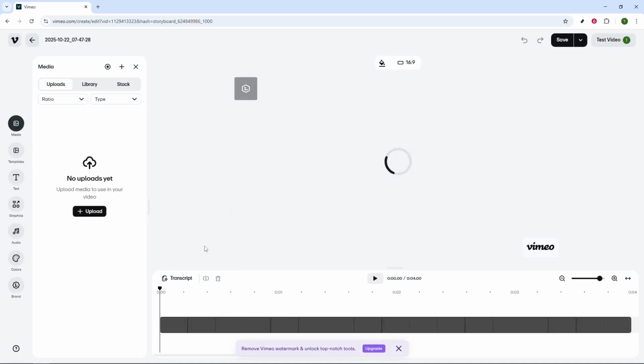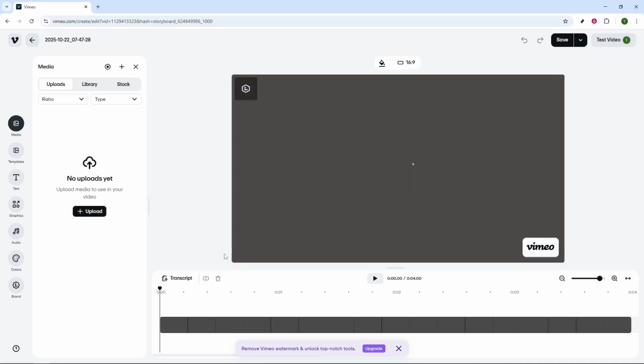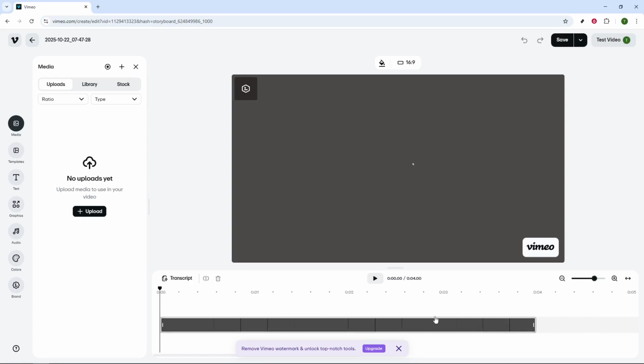In trimmer view, you'll notice a timeline at the bottom of the screen. This timeline visually represents your video from start to finish. To set new start and end points, simply drag the left and right handles along this timeline. This action will allow you to precisely determine where you want your video to begin and end. This is particularly useful when you want to cut out any beginnings or endings that may not be relevant to